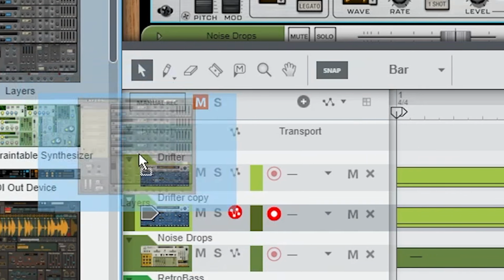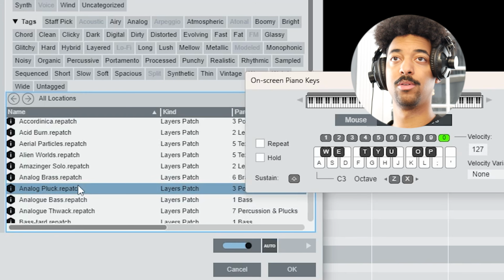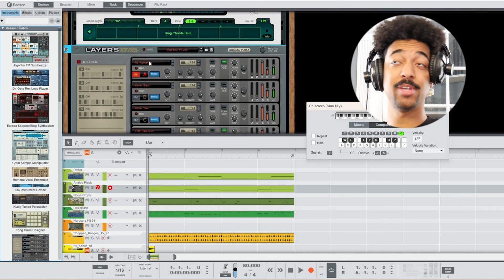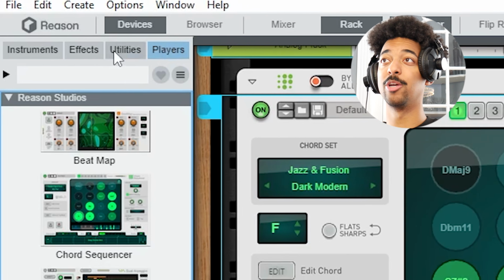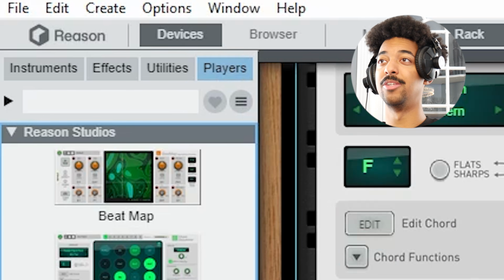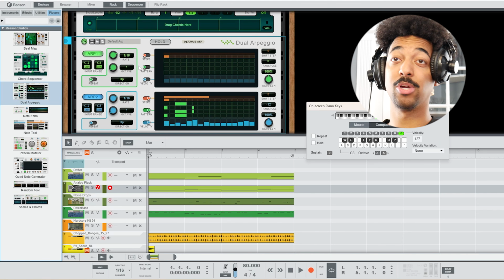I'm gonna go for layers. Go in here, find a new preset that I like. I'm not gonna change anything about the synth I just added, nothing to change with the chord sequencer that's already there. But if I go back to that players tab and instead add the dual arpeggio here, now when I press a note,